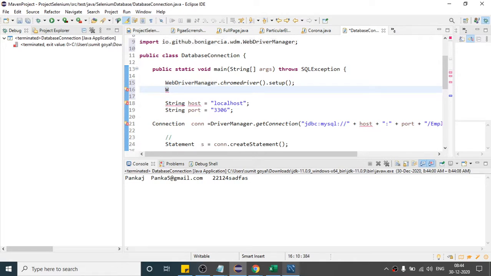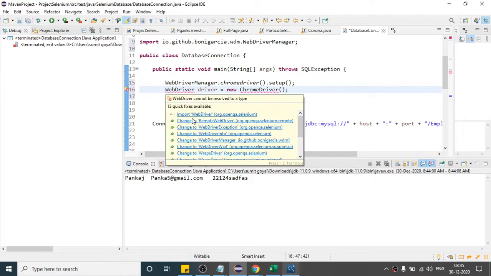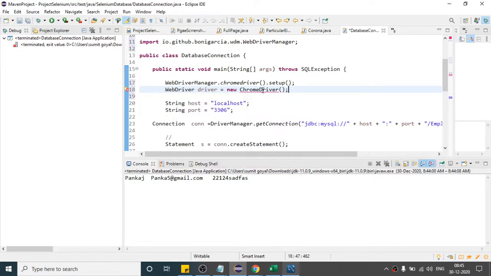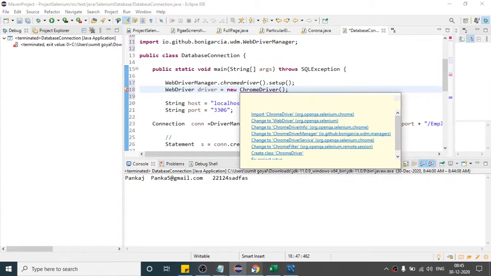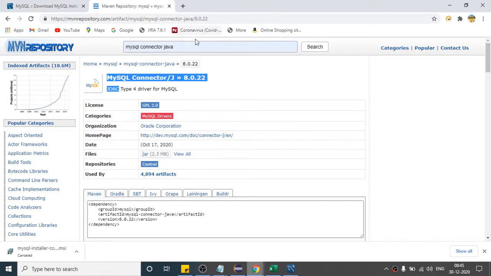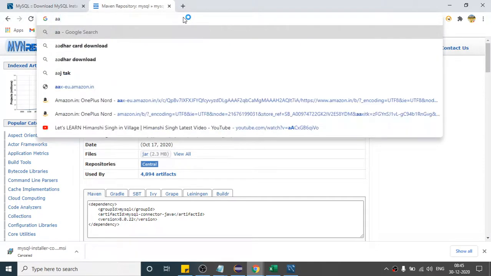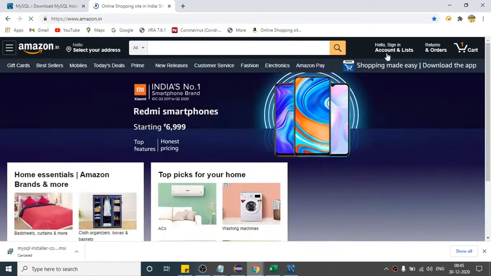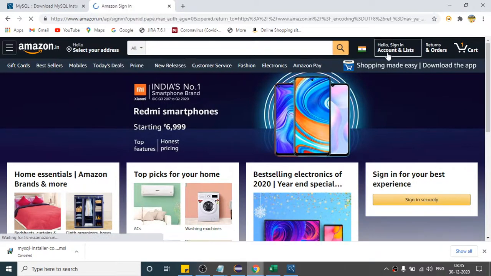You can do that in another class as well. That will be an assignment. You have to create one separate class so that you can get all the data, and there you can do it. As of now, let me do it here only. Chrome driver, so now Chrome driver will be invoked. So import the package and go to Chrome driver. If I open one website, which is Amazon. Basically we are getting all the data from the database.